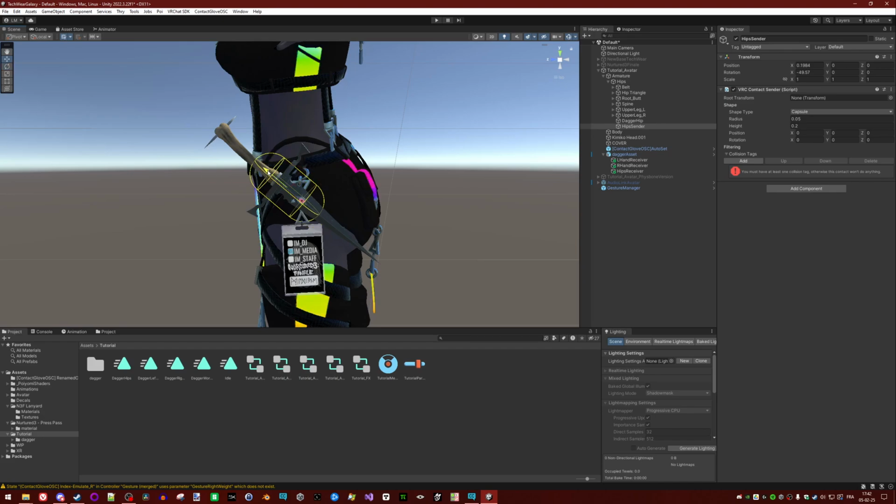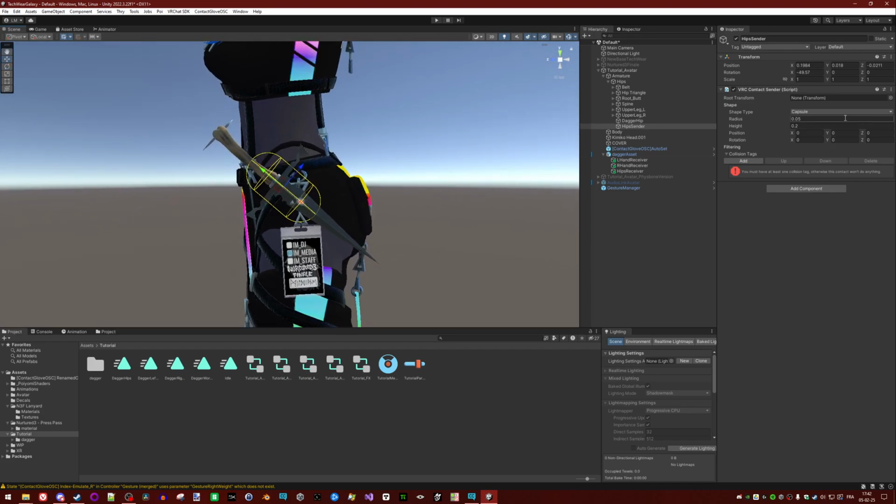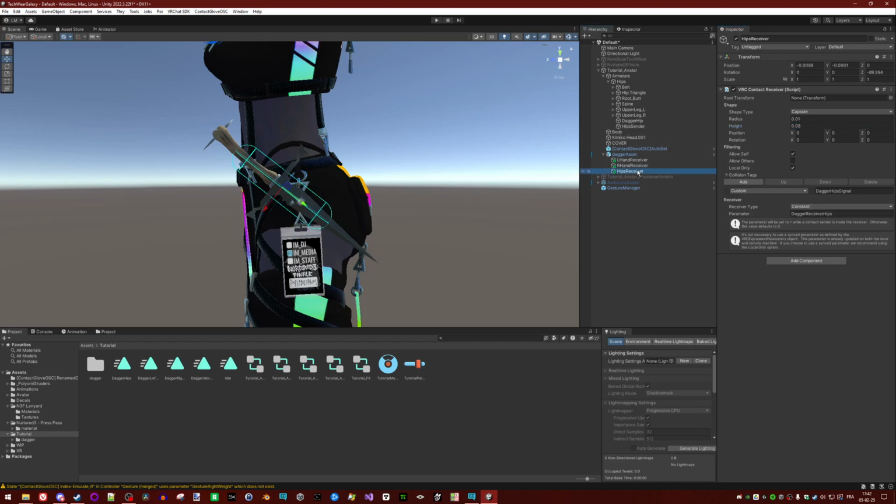Up a bit higher here. Maybe still a bit bigger. Yeah, here. So we add a collision tag, which is the exact same that we used here.